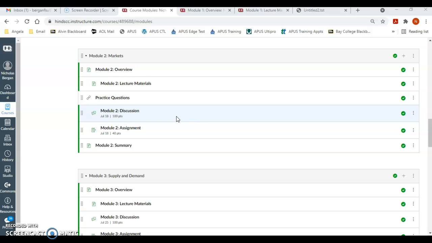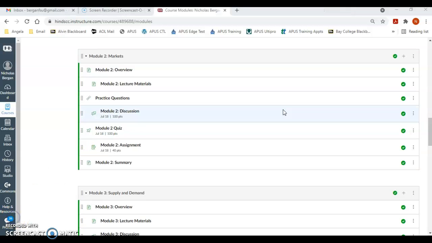Now, how will you assess students to ensure they learn the material? You also asked in your questions about having a module quiz, which I put right here. So these are the final things that I've included in the course to prepare